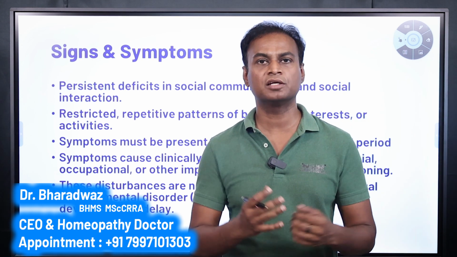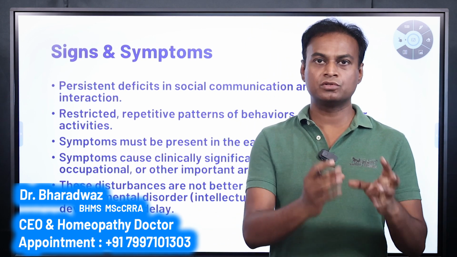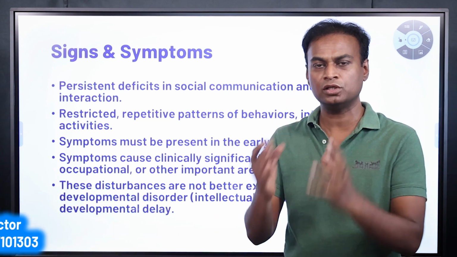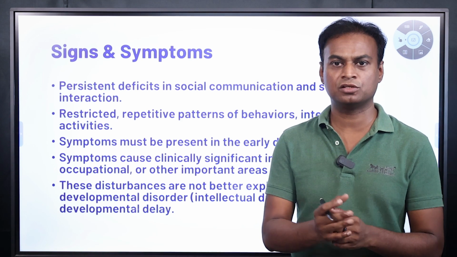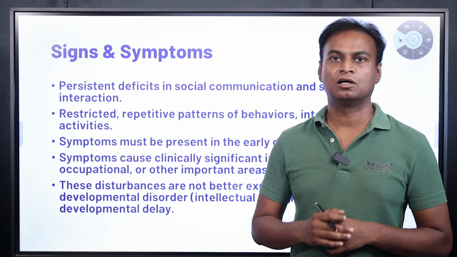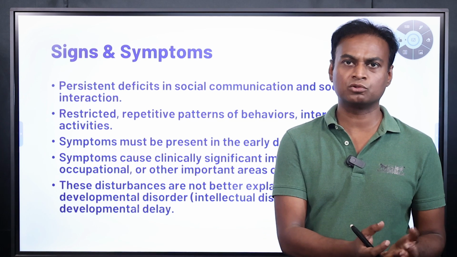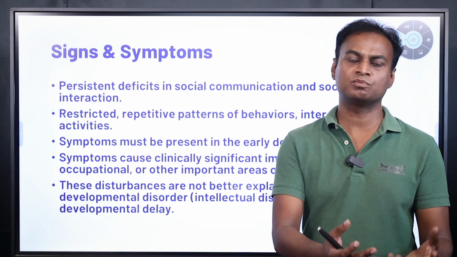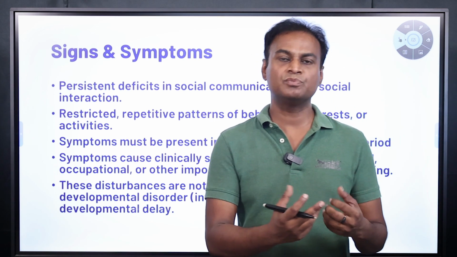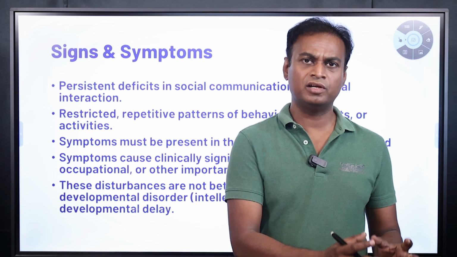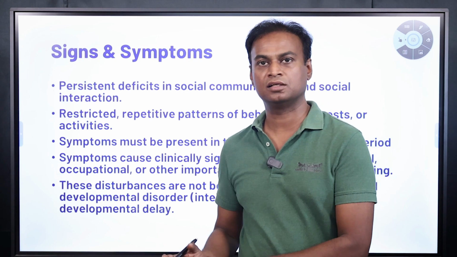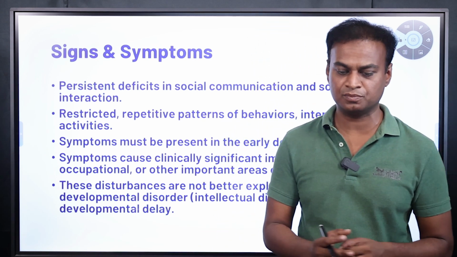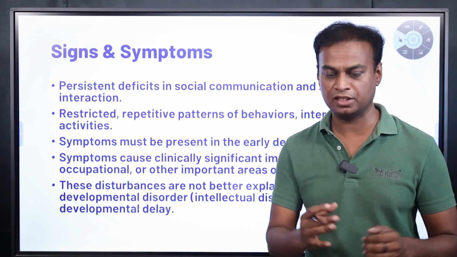They have rigid thinking patterns. For example, if you give something to them, he will think only in that way. If you give a stick to him, he will use it to beat, and if you give a laptop to him, he will also use it to beat. So he is fixated on doing one thing, whatever the object you give. And how he behaves with his father and mother, he will behave the same way with other kids or with his uncles and aunts. They are not able to differentiate the relationships, or to change their thinking patterns.